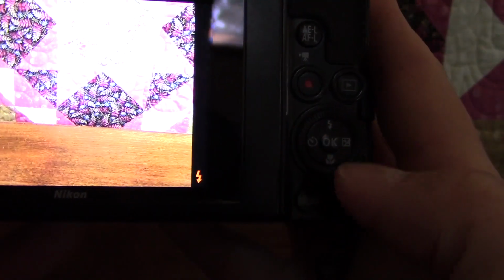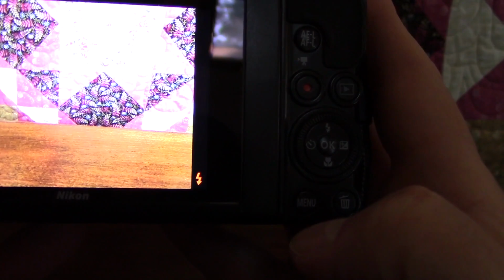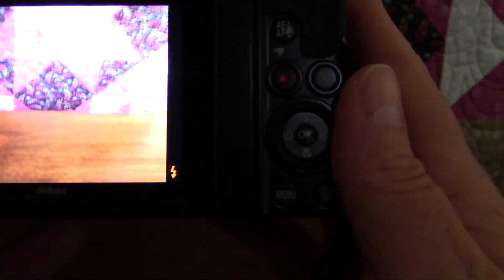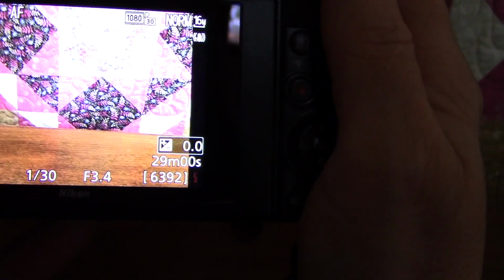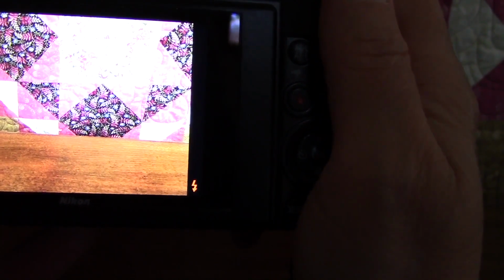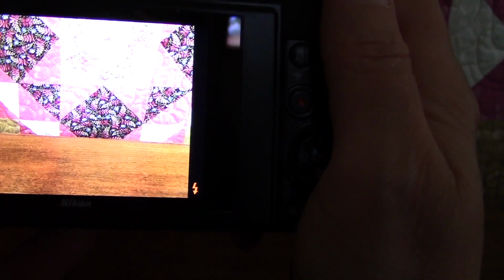When you're using the flash, this little red lightning bolt at the lower right corner of the screen appears. Once you take a flash photo, let me just take a picture so you can see what happens. When you take a flash photo, the little lightning bolt will blink once or twice. You can't take a photo while it's blinking because the flash is recharging. But once it's solid again and you can see it only takes a second, you're good to go